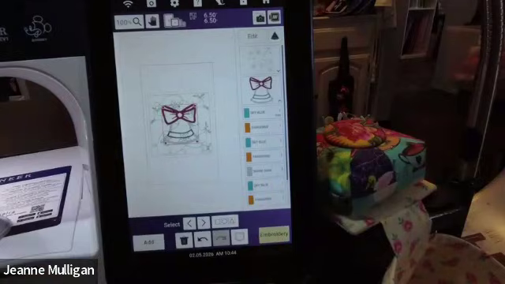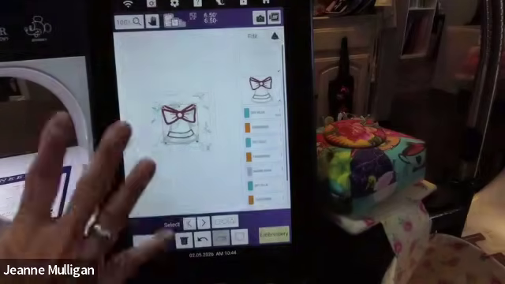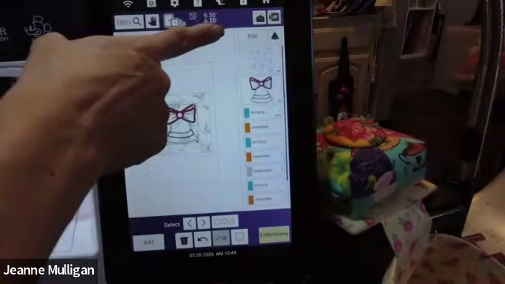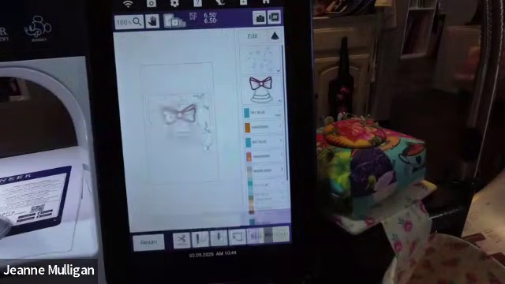Yeah. Okay. So now we have 2 designs. You're going to leave those. This is our main edit screen. Touch embroidery. And